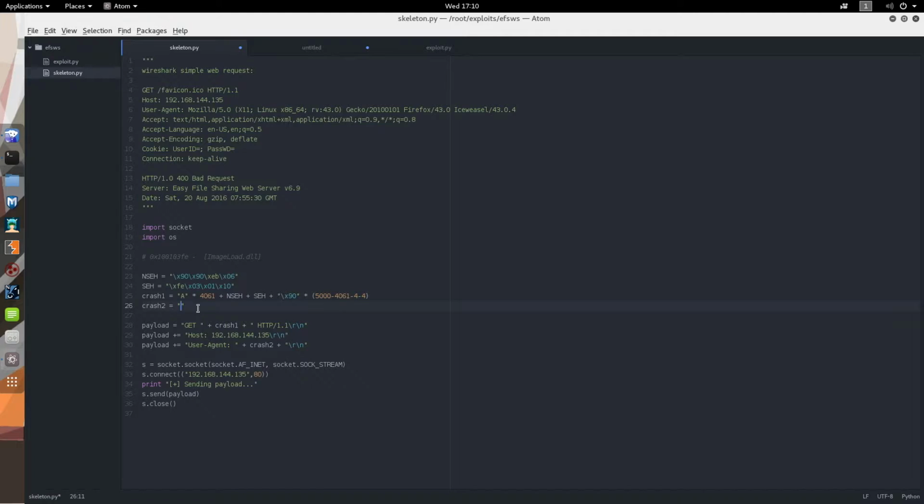Now one specialty: when we write our egg hunter, our egg will be a 4-byte string. By default, if you use Mona to create one, the egg will be WOOT. We will put it in front of our second crash. So our egg hunter will now search for this WOOT.